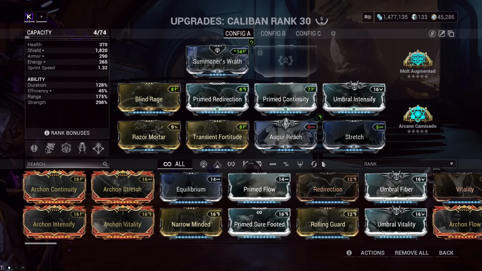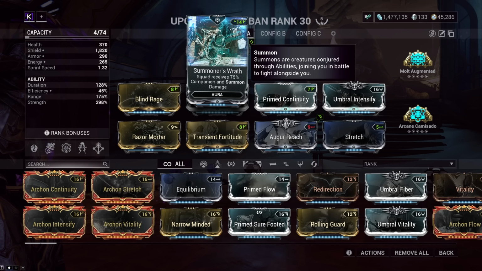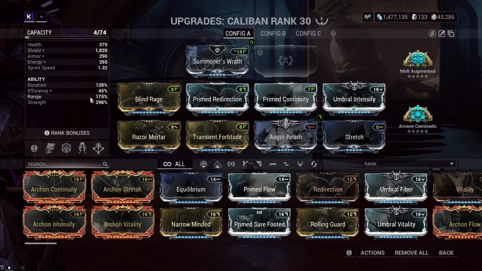The build we are running is quite simple. Something I missed last time somehow is using Summoner's Wrath in the aura. This gives the summons a 75% multiplicative damage buff like a Bane mod, but otherwise we are just running as